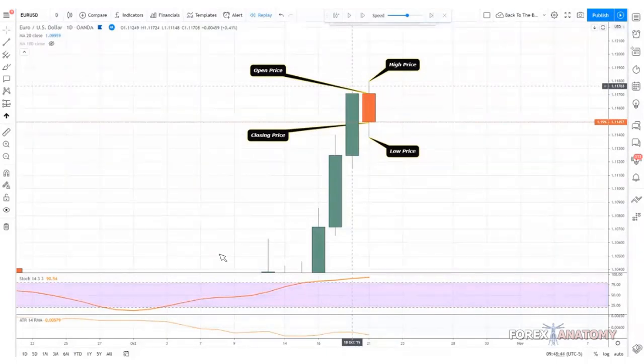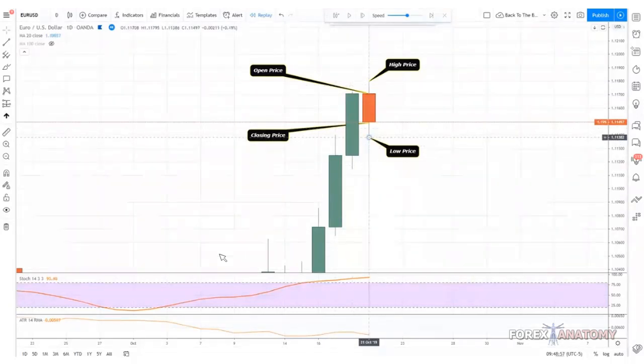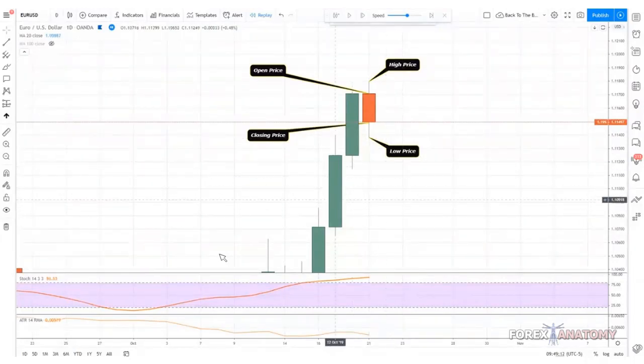Because what you will see is that oftentimes a previous day's high or low will represent support and resistance for another day in the future. So, for example, in this case, the low was right here, right? Now, what did we see 2 days ago? Let's just say that this was the current candle. What did we see 2 days ago? We see that the previous candle's high was what? Okay, this was the candle from 2 days ago, right?